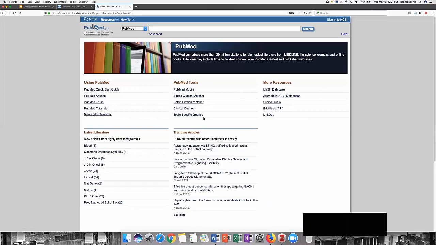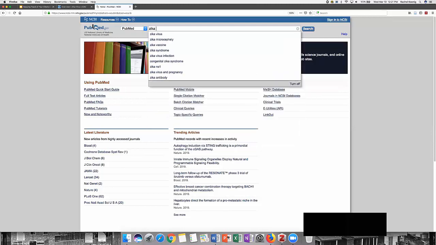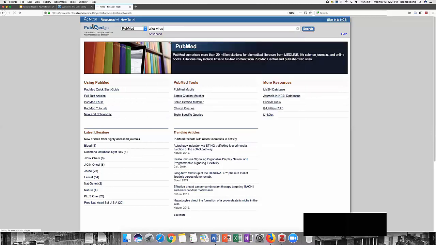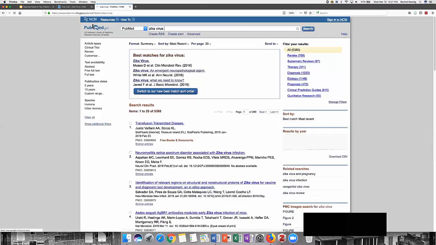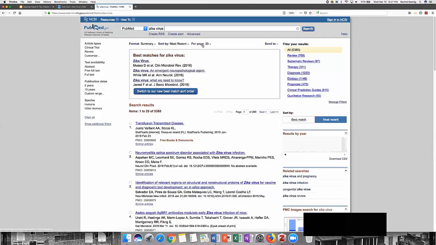All right, so this is the PubMed interface. Some of you may be familiar with it if you're in the health sciences. I'm going to execute a search up here in my search bar for Zika virus. All right, and now I can skim through, and obviously there are 5,300 citations. This is not a great search, but just for the purposes of demonstrating how to use Zotero,